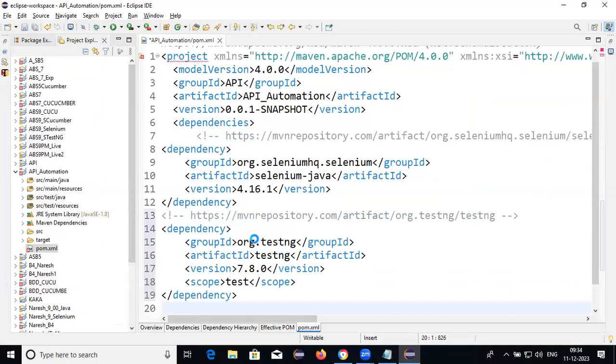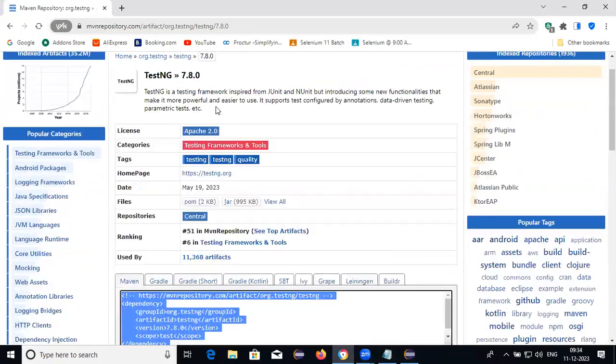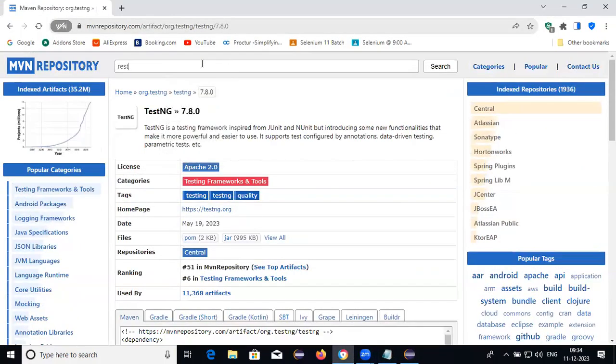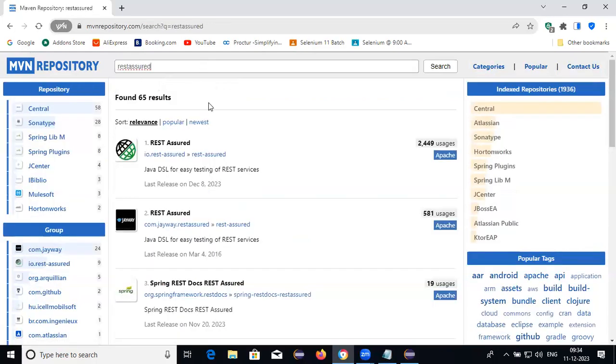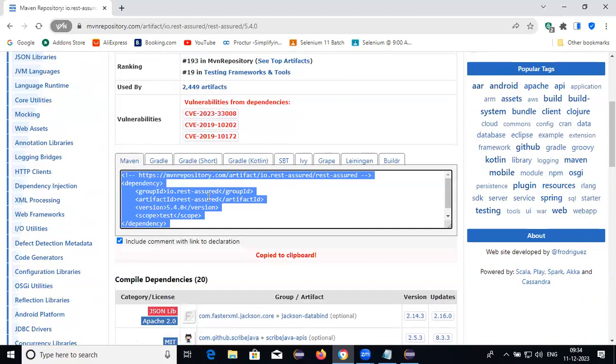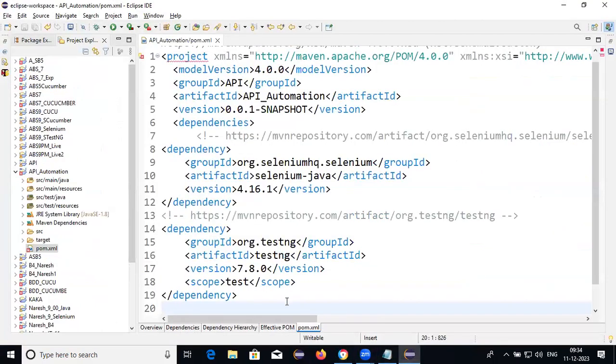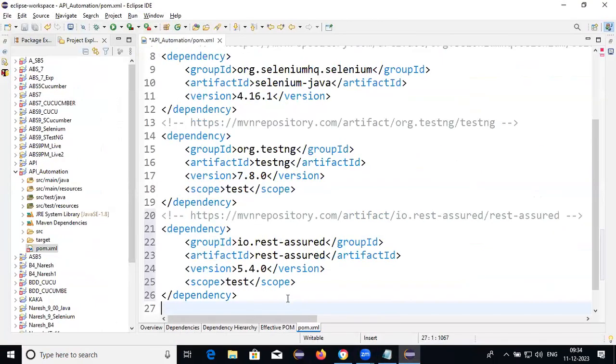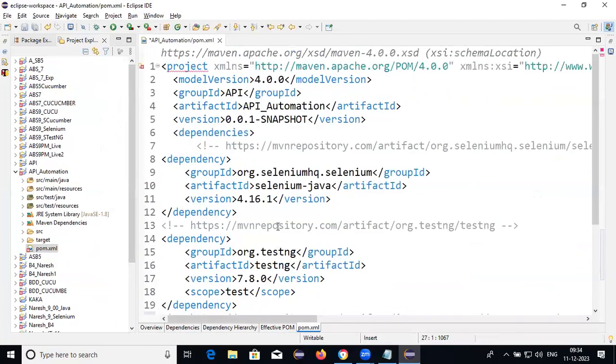Once you provide the TestNG, you need to provide Rest Assured. This is the Rest Assured. Click on Rest Assured 5.4, copy and paste it. Once Rest Assured is done,